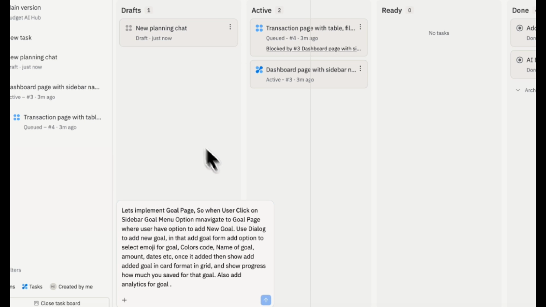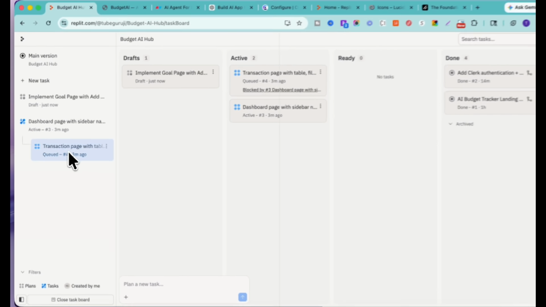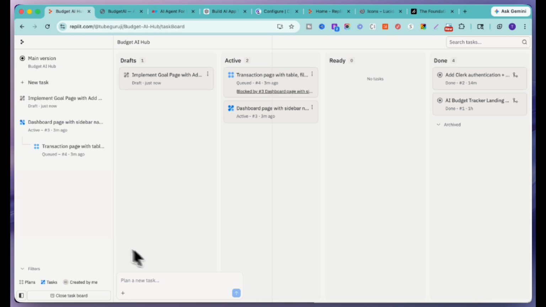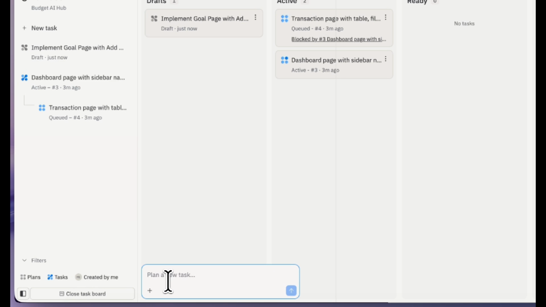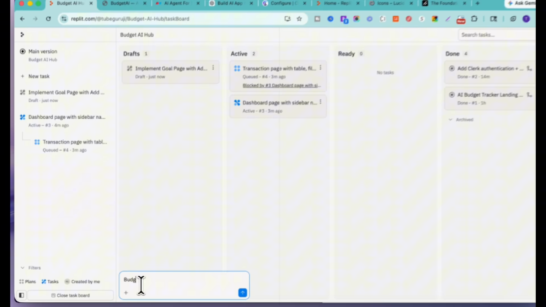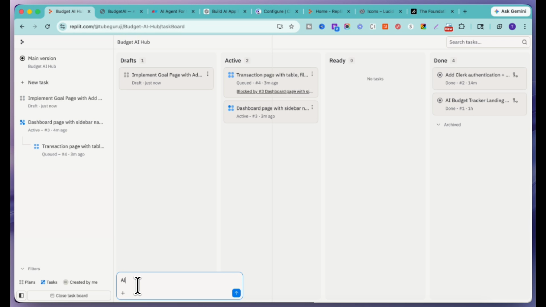So we can send, and obviously it will be in the draft mode. So we'll just wait for this one. Now another one, I will add for the budget. So we'll say also